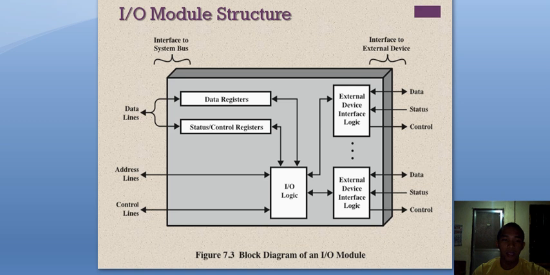The input-output module may hide the details of timing, formats, and electromechanics of an external device so that the processor can function in terms of simple read and write commands, and possibly open and close file commands. In the simplest form, the I/O module may still leave much of the work of controlling the device